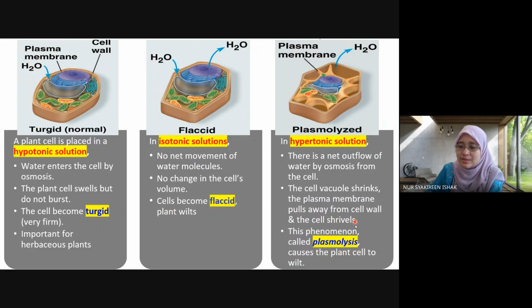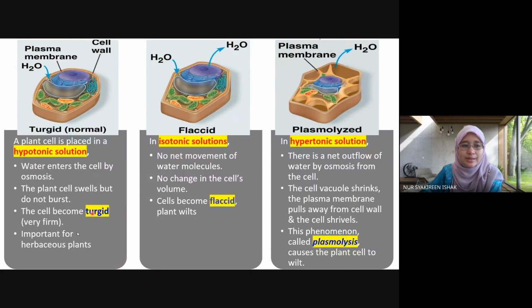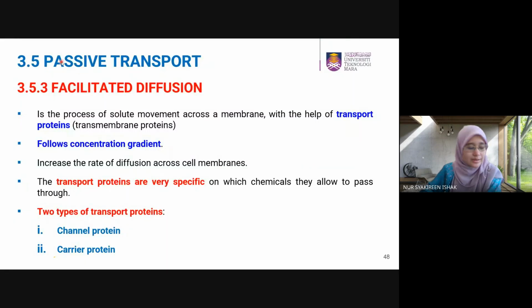Can you replace this with plasmolyze? Can the cell become plasmolyzed? Avoid this one. Okay, the cell becomes plasmolyzed. Okay, causes the plant to wilt. Again, it causes the plant to become even more layu lah macam tu kan. So the normal solution for plant is hypotonic. Okay. So next one,